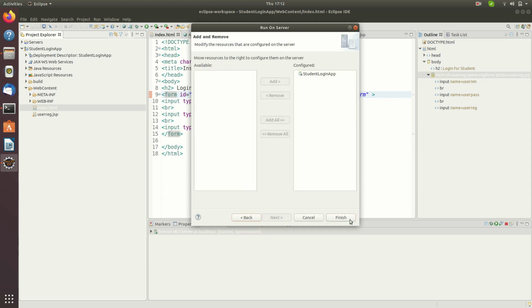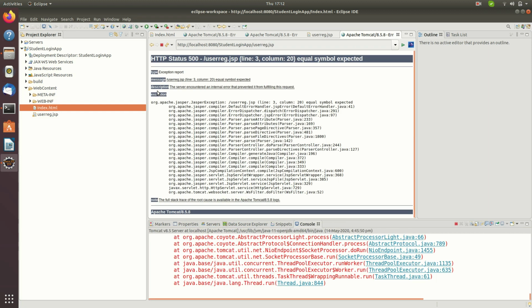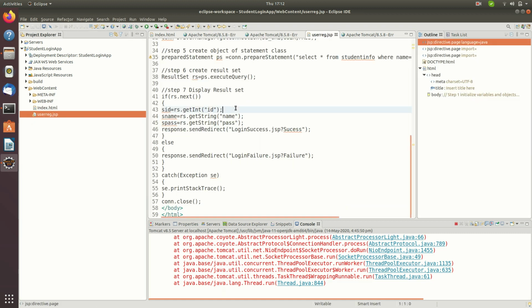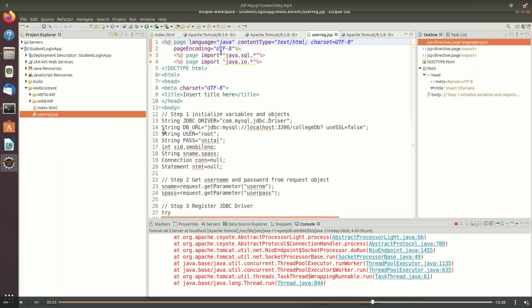So I'm having the JSP page saved. Again, I'm executing the index.html and user registration page. Now I'm entering some values, and I'm checking whether it is redirecting to the user registration page. Okay, so it is redirecting, but I am having some errors in the JSP page. The one important thing that I have not done is that I haven't written all the code there in the Angular percentile. So I'll make that correction that I have understood right now. So I'll go there. Okay, here I haven't specified the Angular percentile, so I will do that.